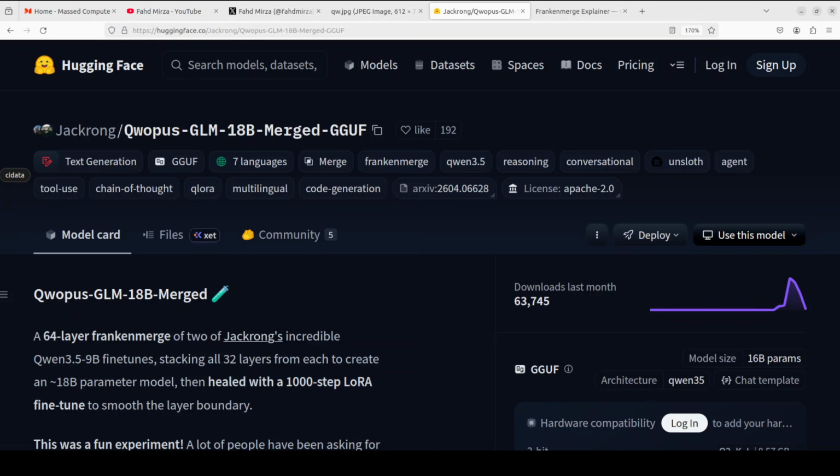He took two 9 billion parameter models, cut them in half, and stitched them together like Frankenstein monster, as you can see here. No research lab, no $1 million compute budget, no team of engineers, just a creative idea, a custom script, and a free weekend. That's it. The result is this model which you can see on your screen, an 18 billion parameter model called Qwopus-GLM-18B, and it beats Qwen's brand new 35 billion parameter model at less than half the file size, just 9.2